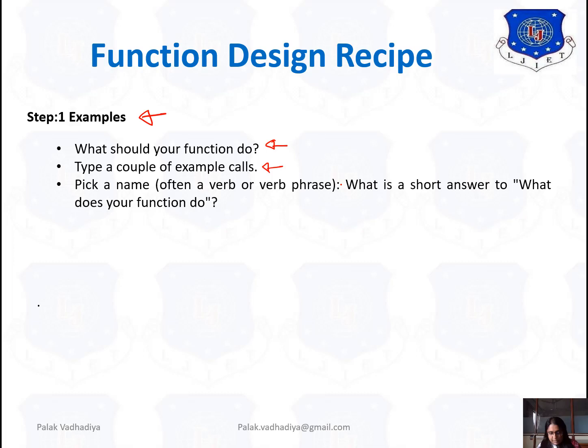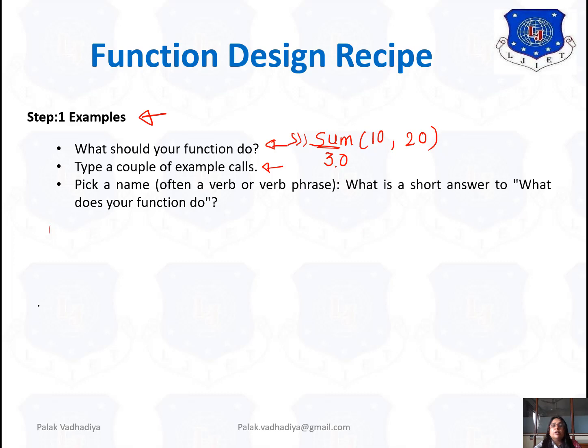Now pick a name. That is the short answer of what your function does. See, here what I have written is sum, because I want to add these two numbers. I cannot write simply XYZ, so no one can understand what exactly this function will do. So instead of writing this, I'll just write sum. So anyone can understand, okay, this is the function for the summation. Whenever you pass the two arguments inside this function, it will add these values like this.